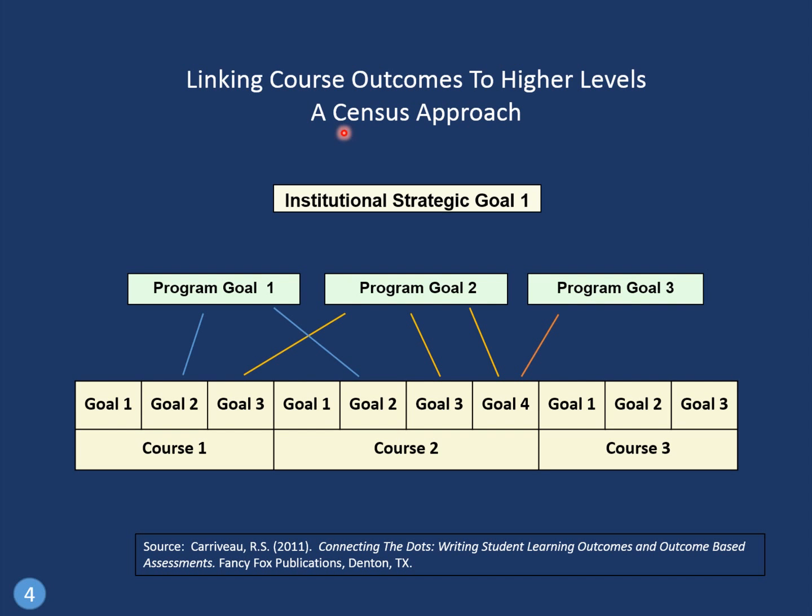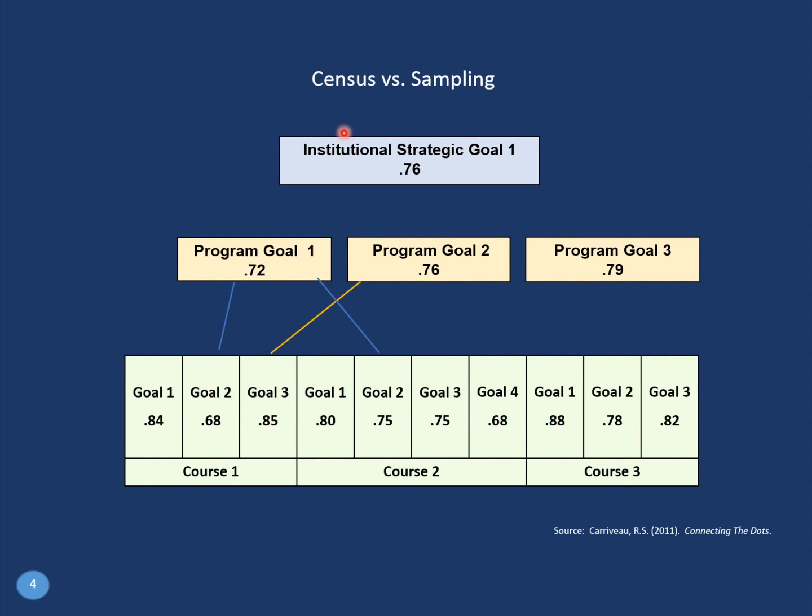So in this case, we just showed the numbers, and now we're showing a graphic representation of how these course level goals report up to the program level goals. And this is a graphic representation of the chart we just saw with the numbers in it. Hopefully it gives you a different perspective. You can see two courses reporting to program goal 1, and 3 to program goal 2, and 3 to program goal 3. And then, of course, to the institutional strategic goal.